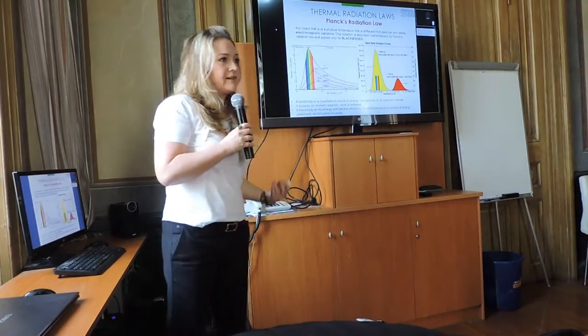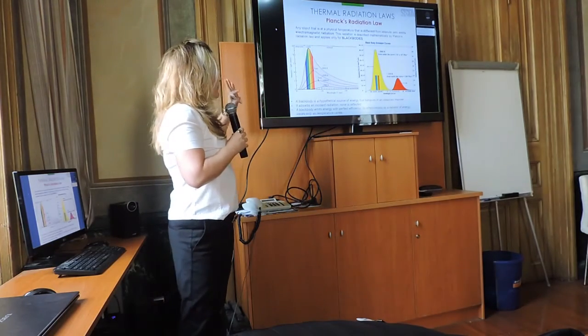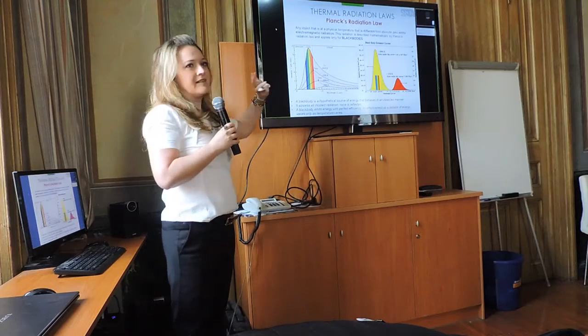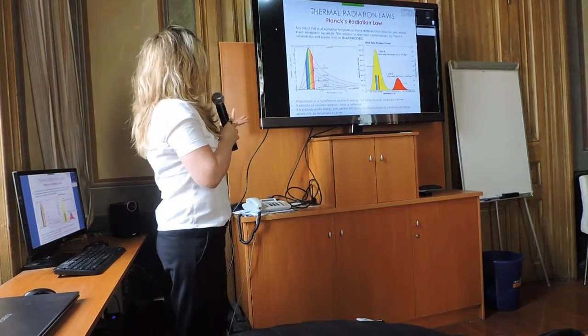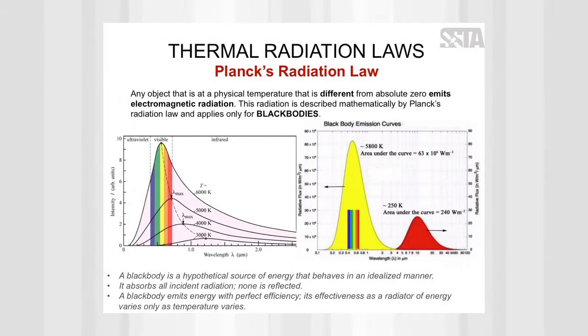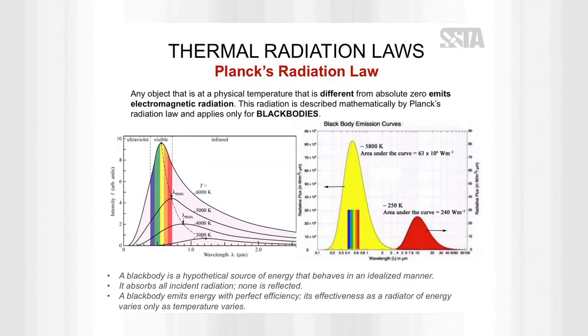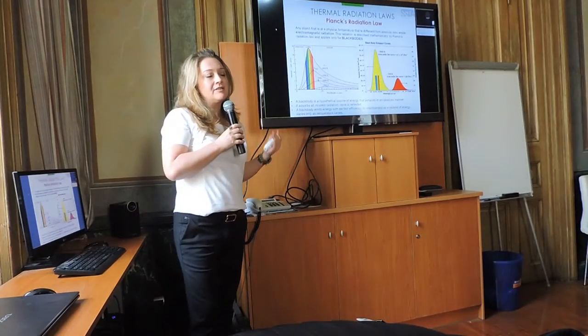Let's start with the very basic laws. Again, I'm not going to give any equations, but I cannot skip Planck's radiation law. So Planck's radiation law says that any object that has a physical temperature that is above absolute zero emits electromagnetic radiation. What wavelength is the spectrum of this radiation has to do with the temperature